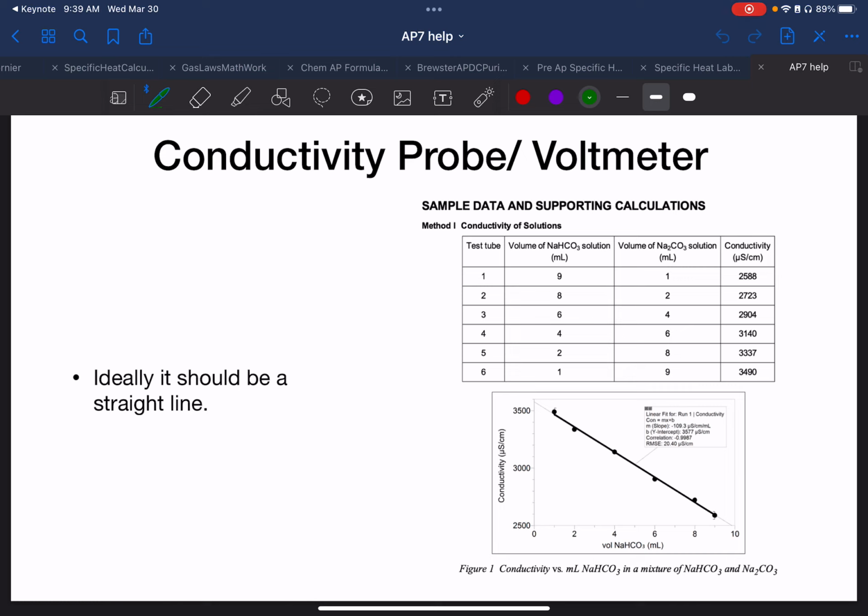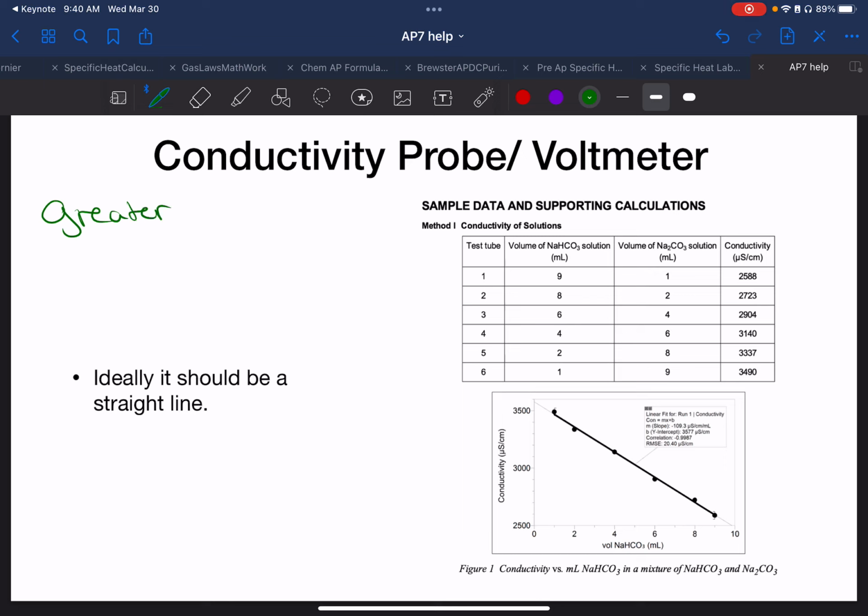So you had the ability to change your mixtures and how much of each one you're going to have in there, but it should be a linear relationship. So just include your graph on that. That was a manual graph that you did. And the one thing we kind of want to see is that hopefully, depending on your data, we observed and noted that there was a trend that the greater amount